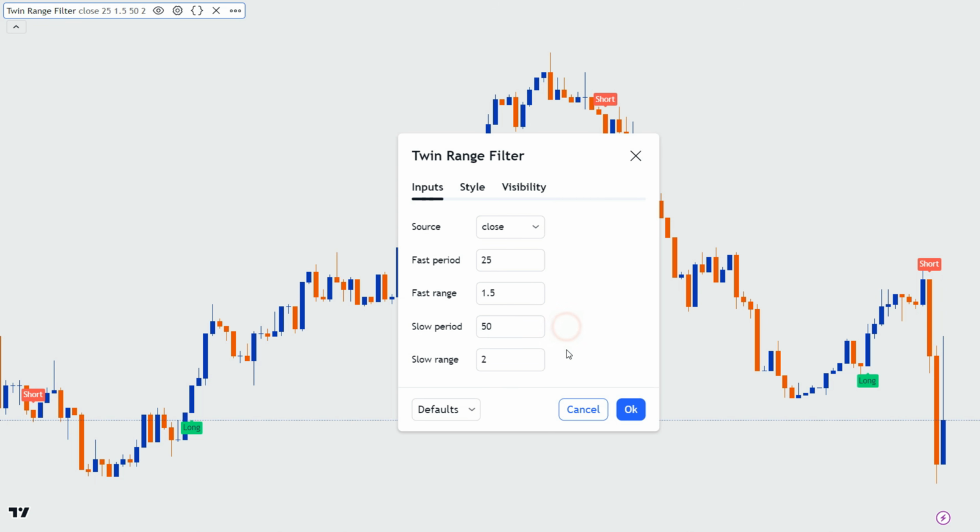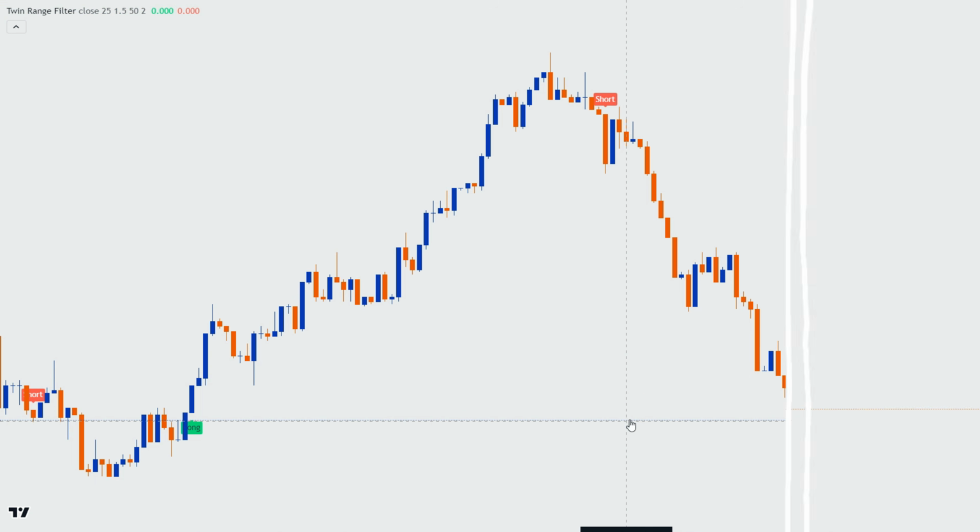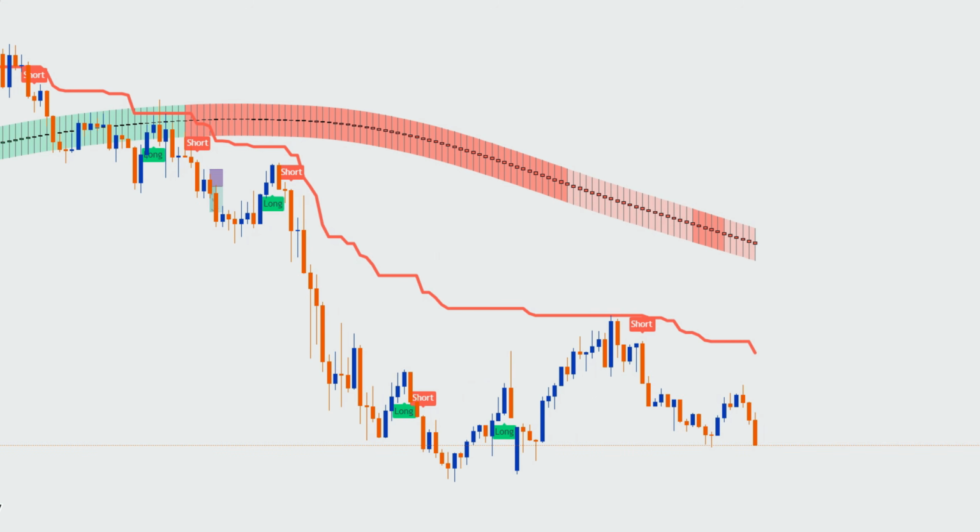For the slow period, use 50. This will help you capture longer-term trends while maintaining a balanced responsiveness to market conditions. Finally, keep the slow range at the default value of 2. This provides a balanced and reliable indication of market trends. That's it. With these optimized settings, your twin range filter is now ready to help you make informed trading decisions